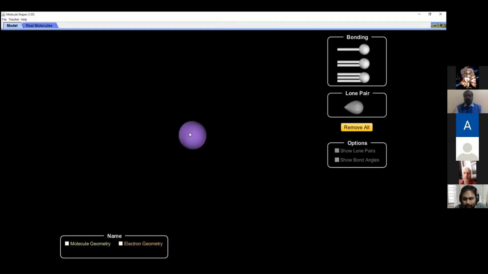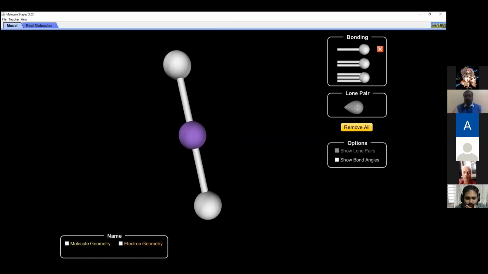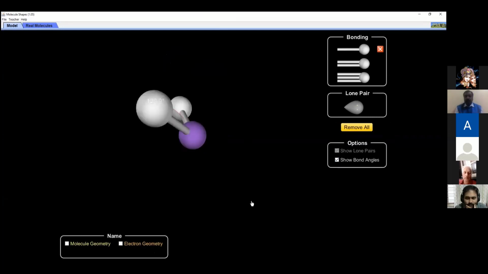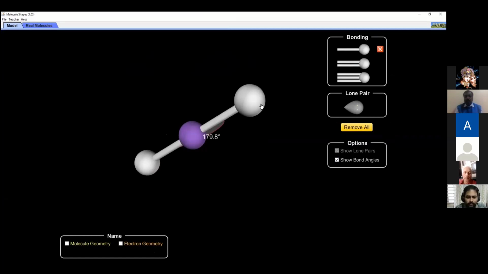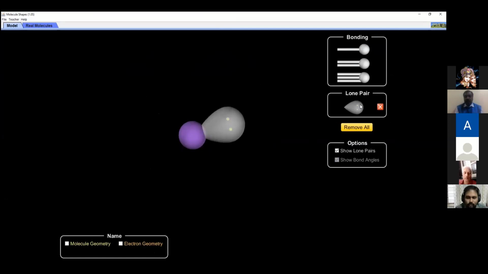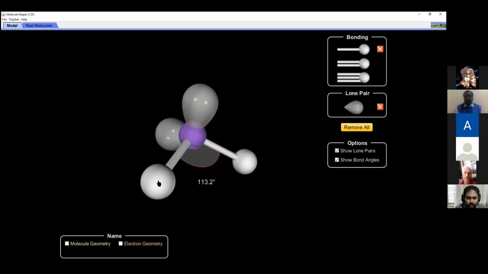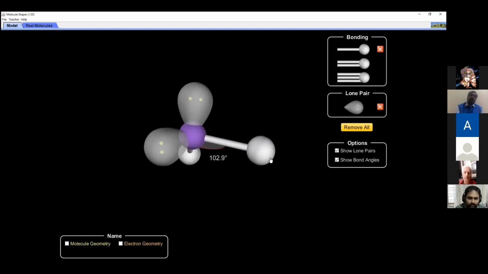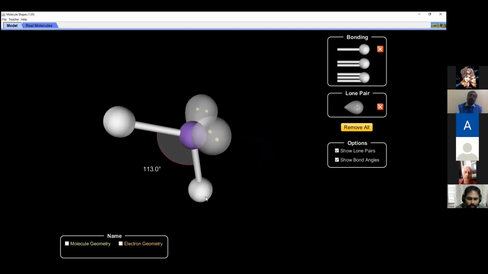Here I have a central atom. Right now, I will attach 2 bonds. Again, the bond angle is 180 degrees. However, in whatever orientation I rotate, the molecule will come back to the same geometry due to VSEPR theory. I'll remove these single atoms. I will attach 2 lone pairs and 2 bond pairs. Again, this becomes a water molecule. Don't worry about the bond angle; it may show a bit of limitation. Whatever you want to do, you can play around like this. The molecule comes back to the same geometry.